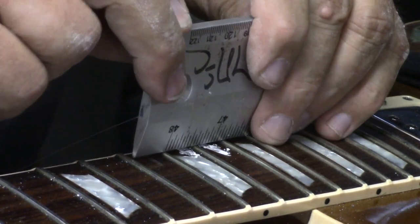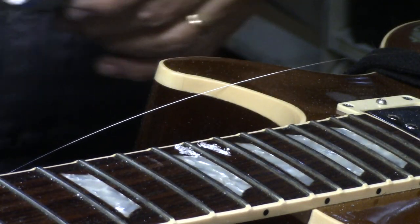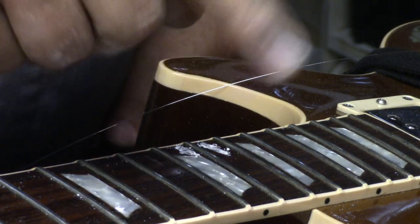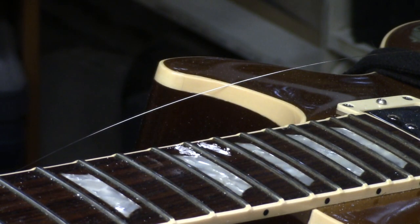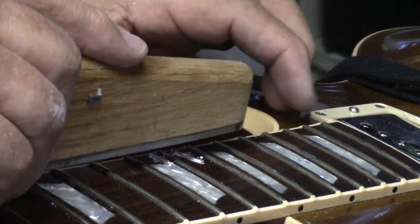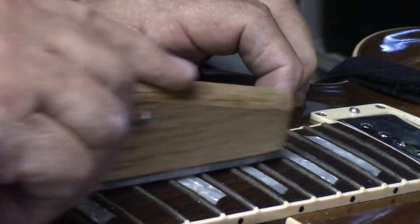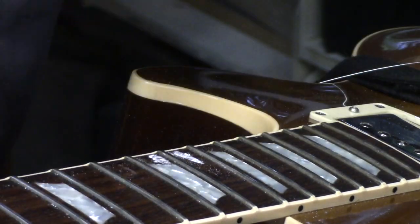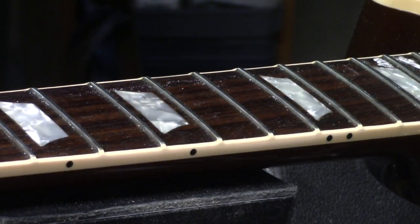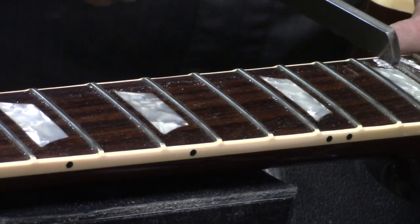They did a good job, really good job, but we still got a little high spot, this fret right here. So we are going to have to mask off that soft inlay, and I'm going to spot dress this area here to get that right on the money. So we'll just breeze over that one spot. Check it again. That's it. Now that will have to be recrowned, so I'll just coax that crown back towards center and